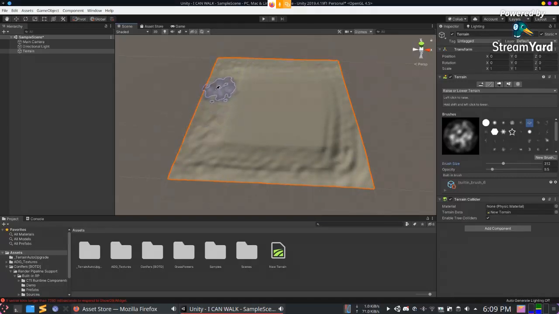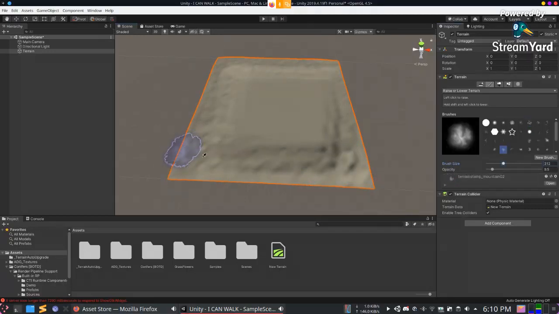So let's just make something out. For now, I'm just going to be random, not really trying to make anything with a proper look. Let's see. Just add this. Now I'll show one more thing: you can hold shift and then you can smooth the terrain at that portion like this. So whenever you have created something you don't like, you can just click this way. So let's just reform it again.